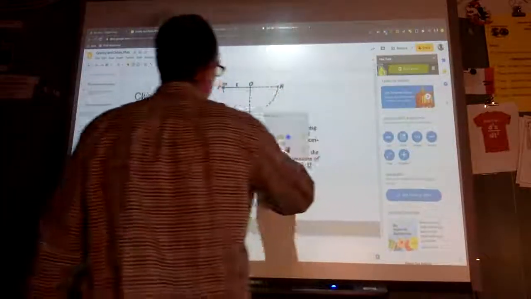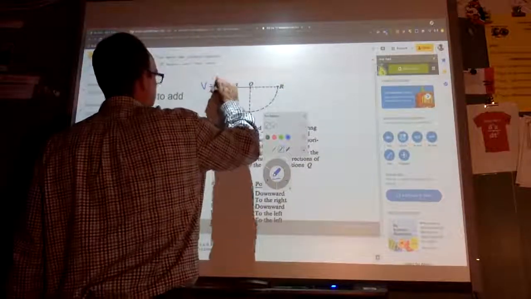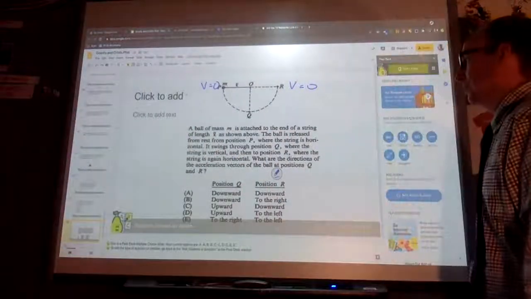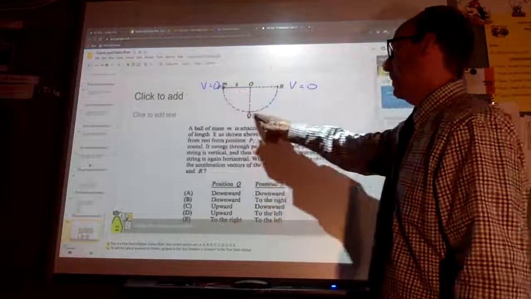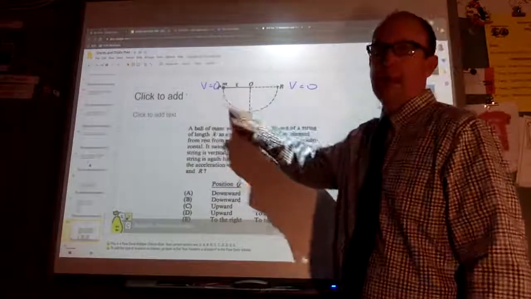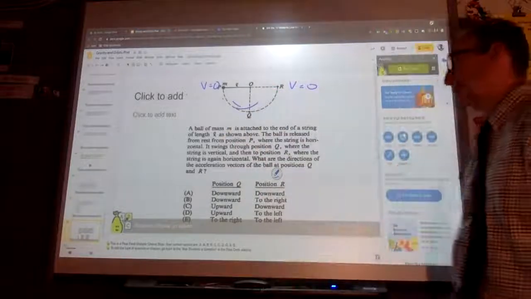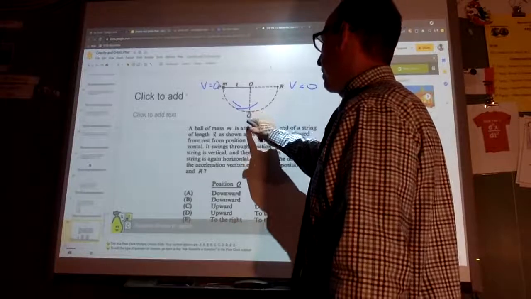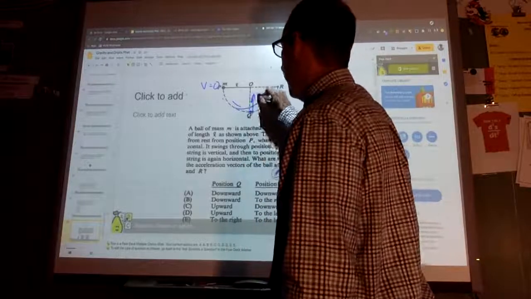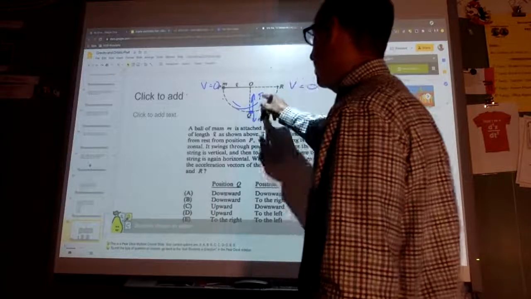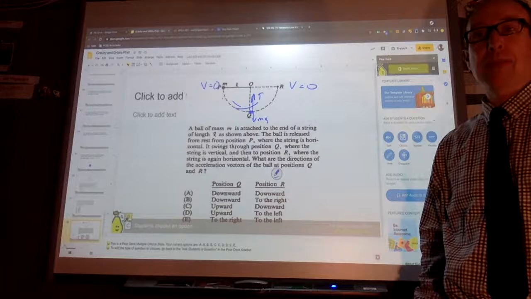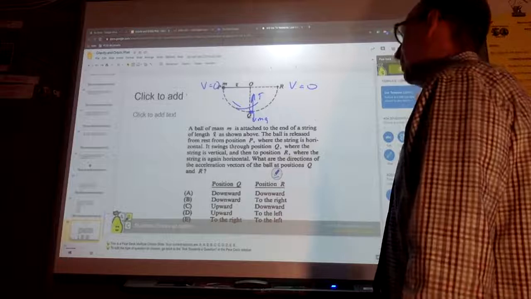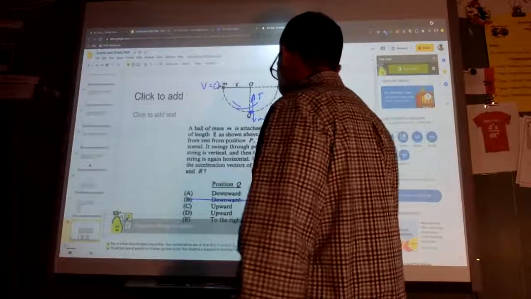All right, so something of note. At P, it stops, and at R, it stops. So it's starting here at rest, swinging, stopping again, going back and forth. When it's at position Q, you would have tension going up and weight going down. The tension would both have to accelerate it and balance out the weight. So you have to have a net force upward. So I can get rid of